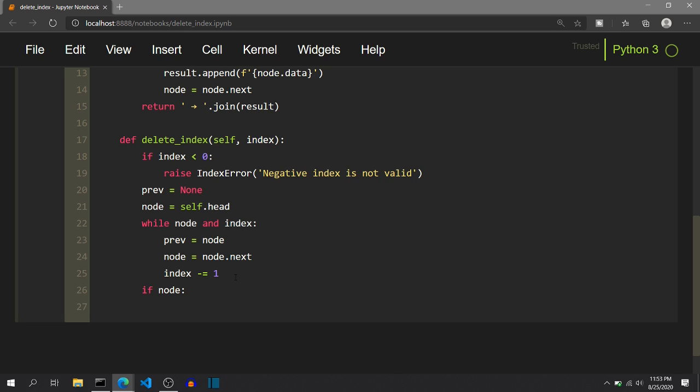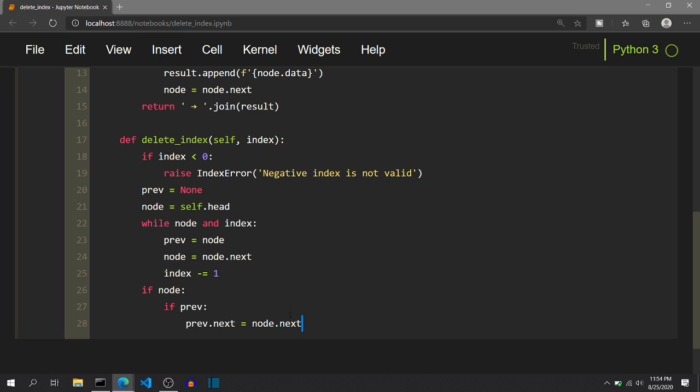We have just discussed that if we want to delete any node, we have to update the node previous to that. But what will happen if we want to delete the first node in the linked list? There will be no node previous to that. And so the previous will point to a None value and node will point to self.head. That is, we want to delete the first node of the linked list. So we have to check if previous node exists. If previous exists, then we will do previous.next = node.next.